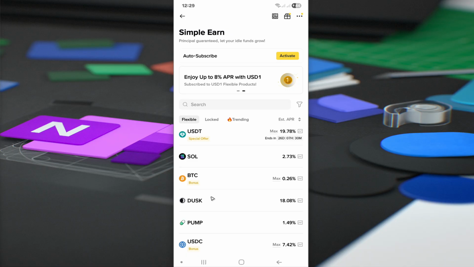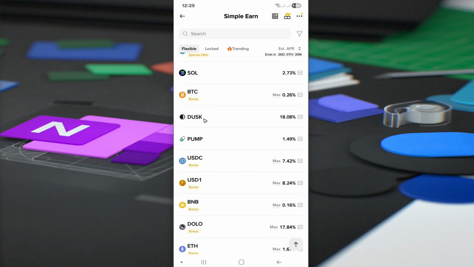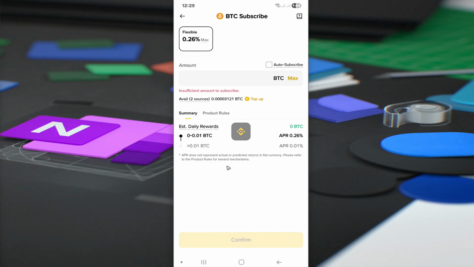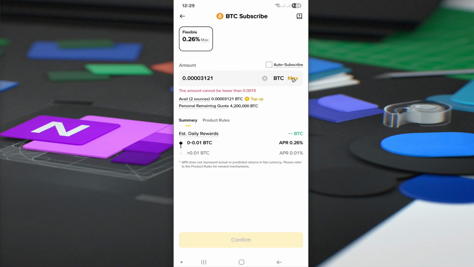Now, just go ahead and select the product or coin. For example, you want Dusk, or BTC, which has a bonus right here. Tap on it. Now enter the amount you wish to stake. For example, you want to stake all of your Bitcoin. The amount cannot be lower than this amount right here. So if you have this amount, you can go to summary right here, review the terms, and